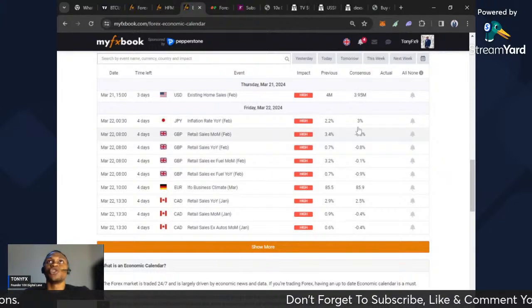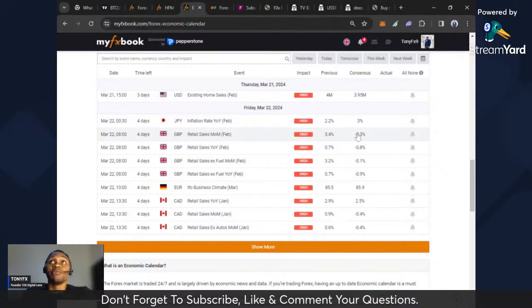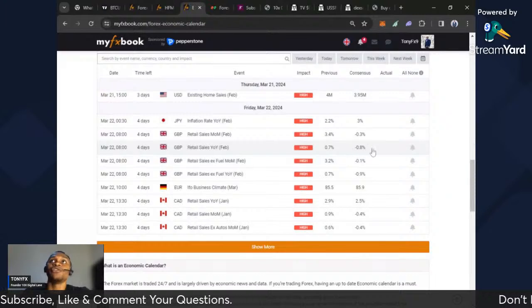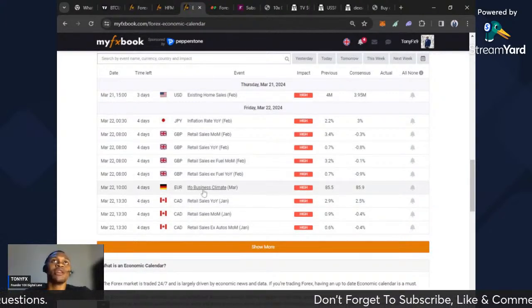London session. So if we see a figure higher than minus 0.3, it is good for the Great Britain pound. But if we see a figure lower than minus 0.3 or minus 0.8, it is bad for the Great Britain pound. As well as London session, we have IFO business climate,